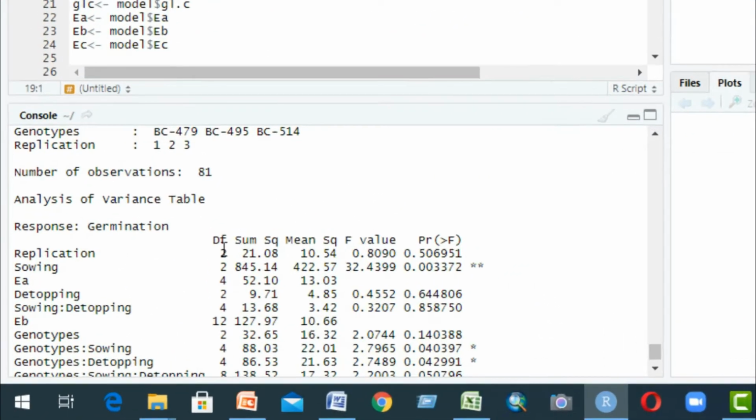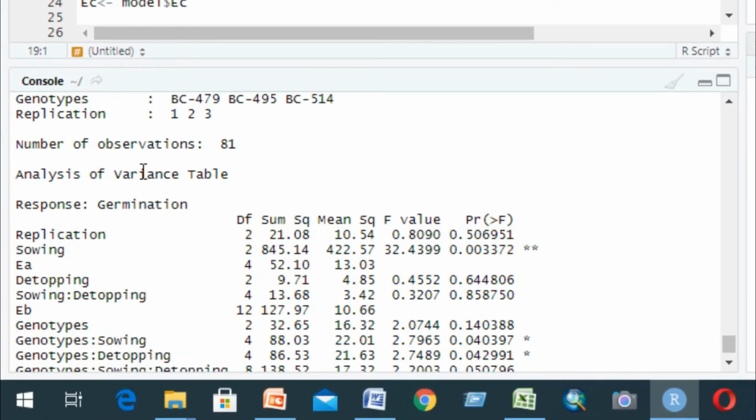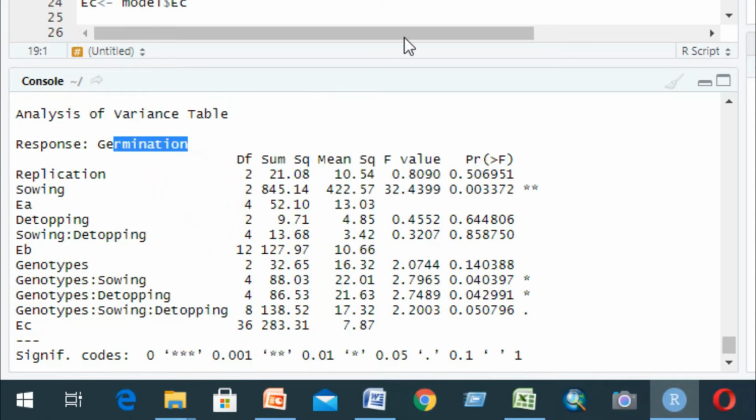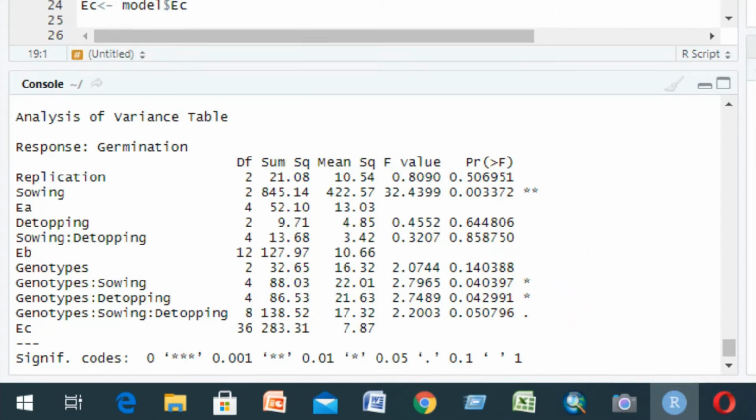It is our ANOVA, analysis of variance table for germination. So it is showing swing significant, detopping non-significant, swing and detopping non-significant, genotype non-significant, genotype and swing significant, etc. Now we can see